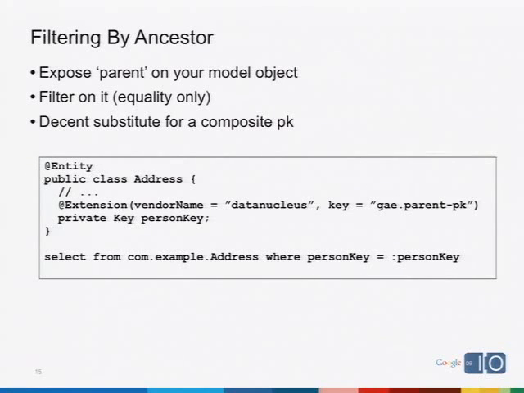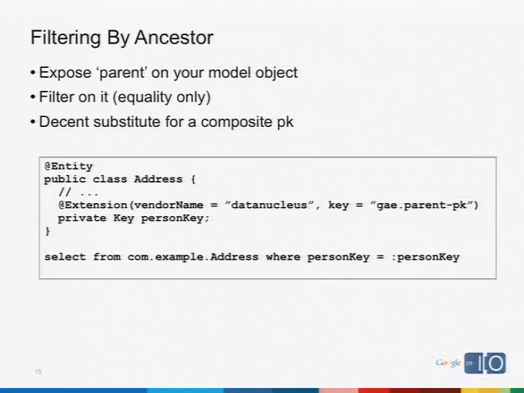So here's an example of how we can do an ancestor query using JPA. You'll notice this is a JPA entity here. Here's an address, and let's assume that an address is owned by a person, right? So we have a one-to-many relationship from person to address, and I haven't shown you the entire class here because it would be too much code to read. But we do have a key. This is an App Engine-specific primary key class, which you can use. You don't have to use it, but in this case, just for clarity, we're using it. Here is a key that uniquely identifies the person that owns the address.